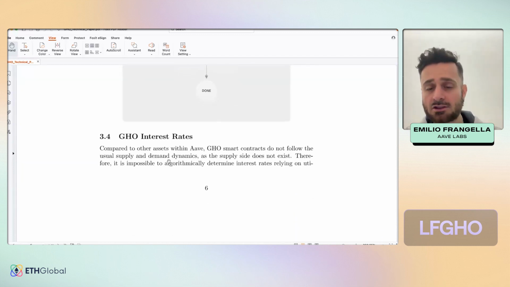The interest rates of Go are also decided by the governance, even though we are currently developing a kind of novel mechanism for dynamic borrow rates for Go, which hopefully should also help maintain the stability. I just had, on Friday, I did a talk on the topic, which explains the strategy that we will be using for managing the Go interest rates rather than being governance controlled.